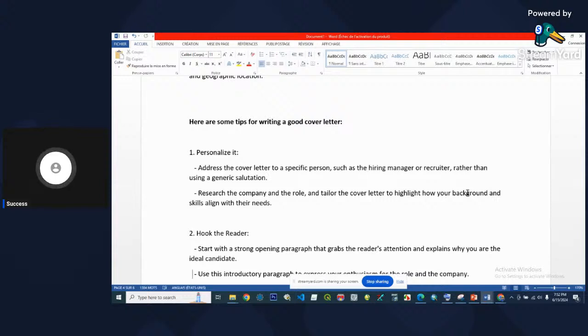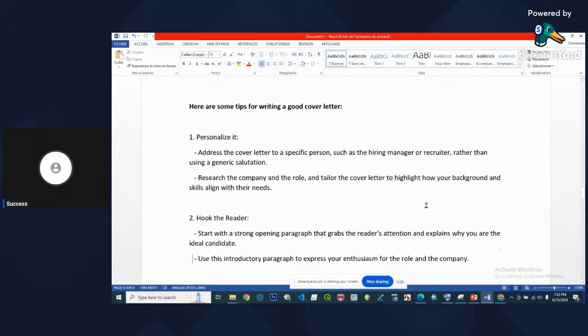But now, cover letters, you need to know how to fine tune it. To be very detailed with you, let me tell you something. If you want to write a cover letter, just assume that the person you're writing to was standing in front of you and you were talking to the person. You're trying to convince the person to hire you. Write your cover letter the same way you're going to talk.